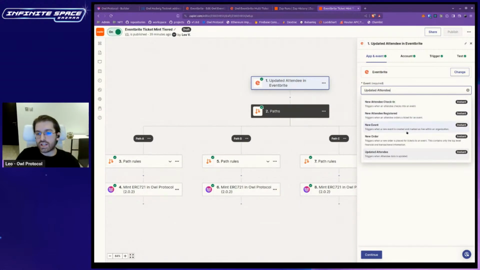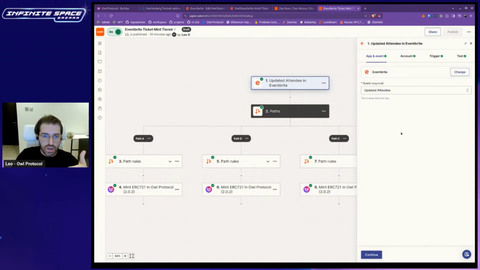So when a user checks in, or some other trigger, and based on the app that you connect, you'll have different triggers. So here, we've built a more advanced example. A very simple example would be simply minting NFTs based off of tickets. But here we have different classes of tickets. So one thing we want to do is we've set up